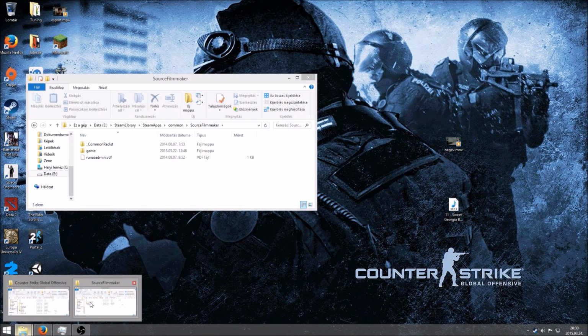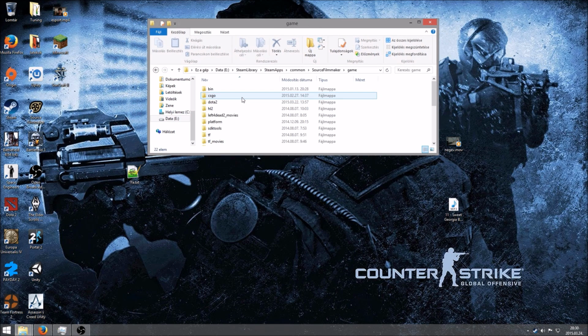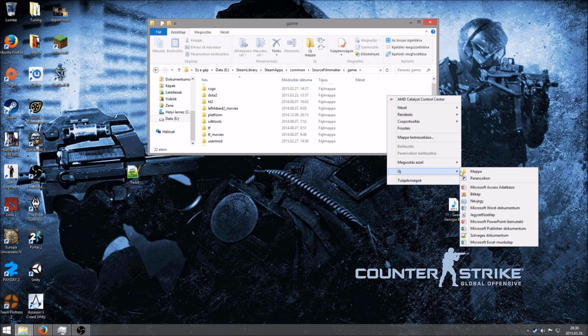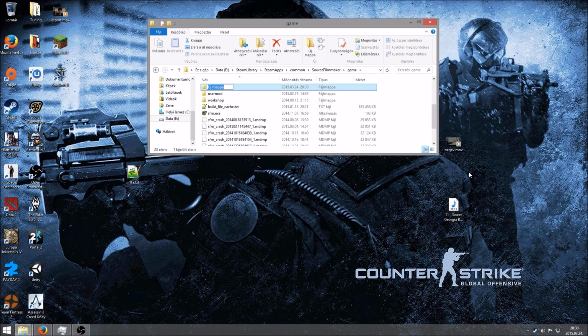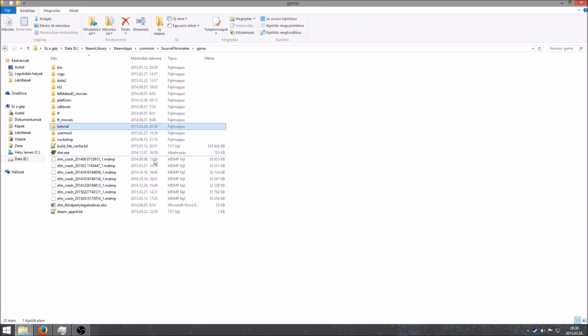Open up the File Browser tab which has Source Filmmaker on it, and inside the Source Filmmaker folder create a new folder called CSGO. I'm gonna call it tutorial because that's a tutorial and I already have CSGO stuff in Source Filmmaker for me, but just do it, create the CSGO folder. After that, navigate to User Mode,